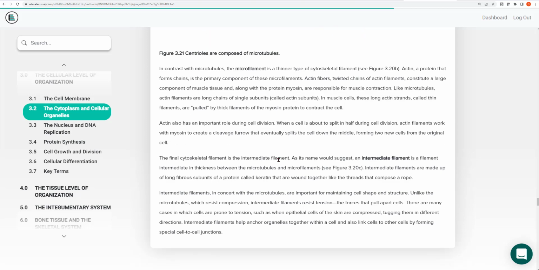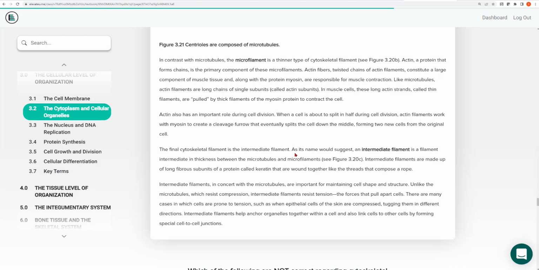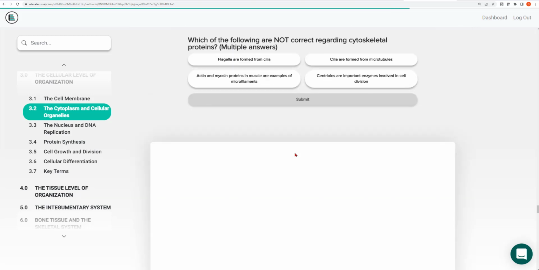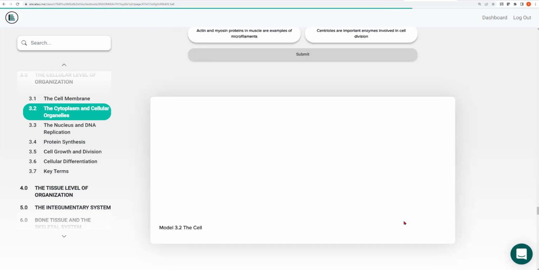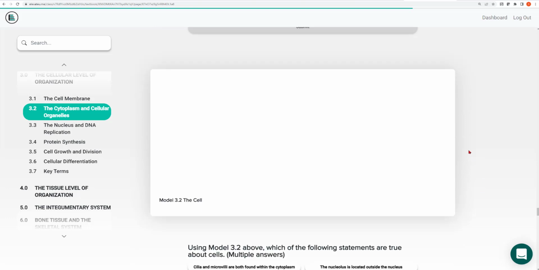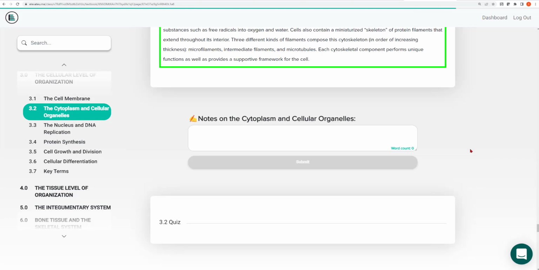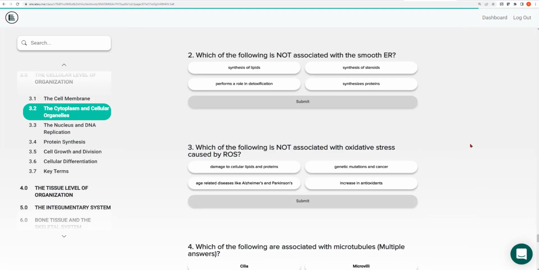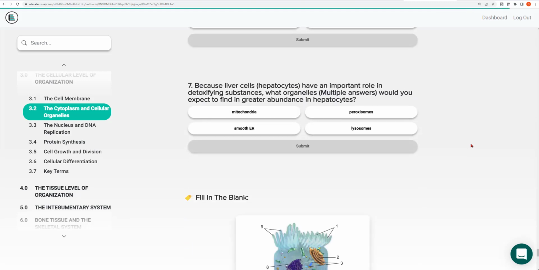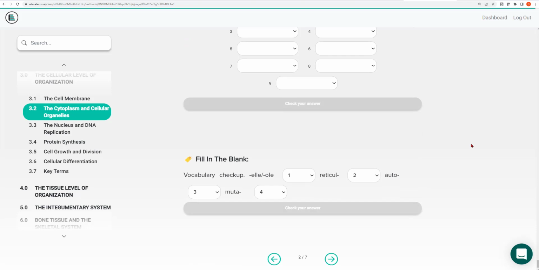And finally, there's an intermediate sized protein called intermediate filaments, and they are a structural protein as well within cells. Again, I'm not going into a lot of detail about microfilaments, microtubules, and intermediate filaments. Just know that they're all part of the cytoskeleton and are key to giving your cell its shape. That brings us to the end of this section. Make sure you consider these questions, label the cell, and look at the vocab questions here.